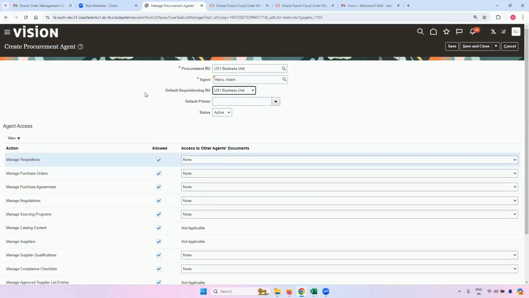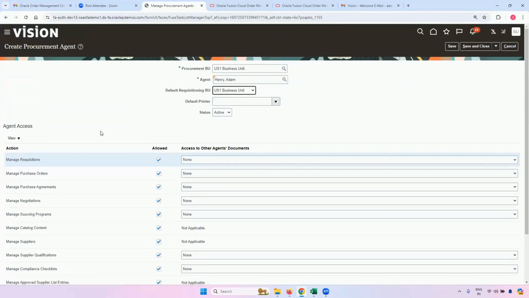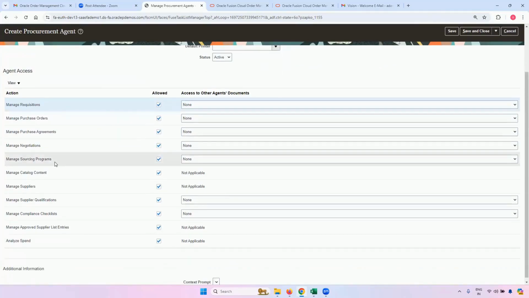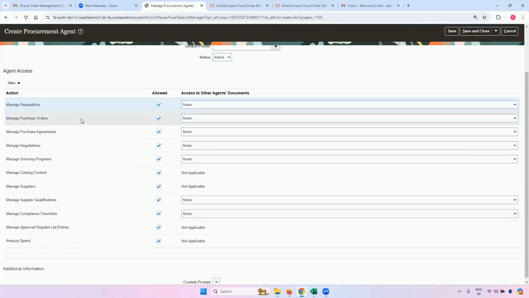So once you assign him the buyer role, you need to come here. You need to tick the manage purchase orders and manage purchase agreements boxes and make sure these two are enabled. Let me enable all of it for this user, so that at a later point of time, if I have a need to browse to any other, then I can come here. Then I can go there. So I have allowed purchase orders and purchase agreements. These two are the ones which we are going to use at a later point of time.